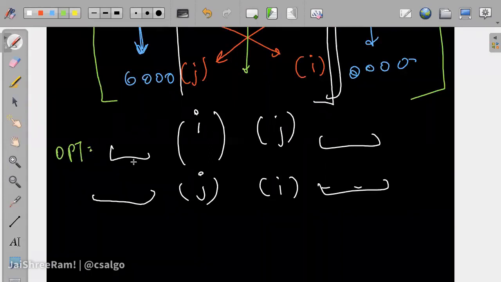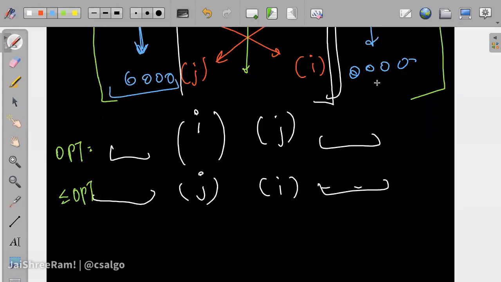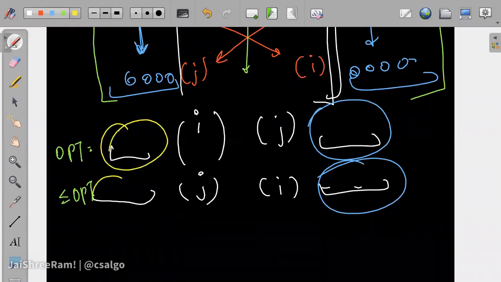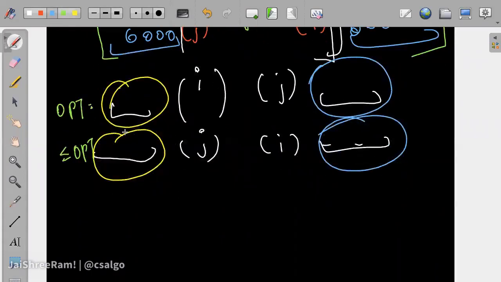Let's assume that this is optimal and this is less than optimal, and then we will say that I should put i before j only when the value of this is less than this. Now this part of the argument about the first and last parts will hold here as well, so these two would be the same, and only the change will happen between these elements. So let's try to note these changes down.